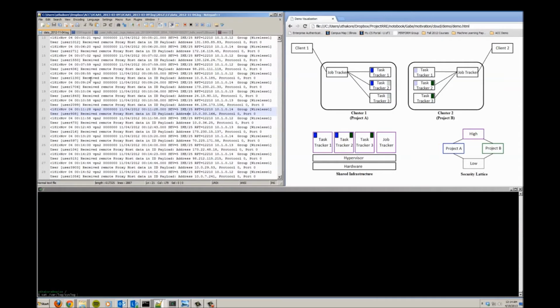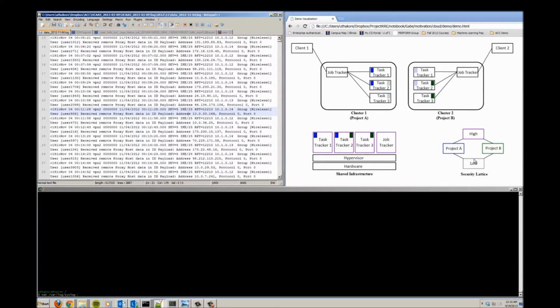So today we're going to show you a prototype for a mechanism by which practitioners can detect account compromise and evaluate the compromise relative to some confidentiality policy. And in our case, we're using a Bell-LaPadula policy. So in our scenario, the Air Force is running a Hadoop cluster, shown here, that's processing data from UAVs. And the different UAVs are working on different projects. Let's call them Project A and Project B. And our security policy lattice shows that data for different projects should not be able to be communicated across the